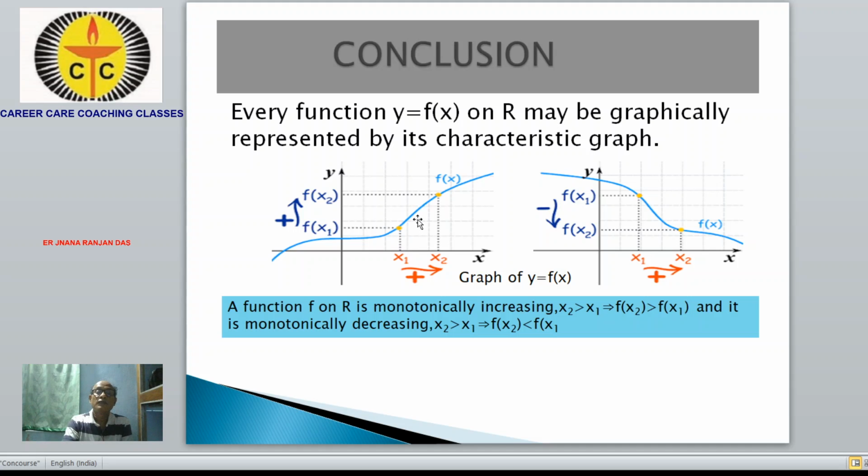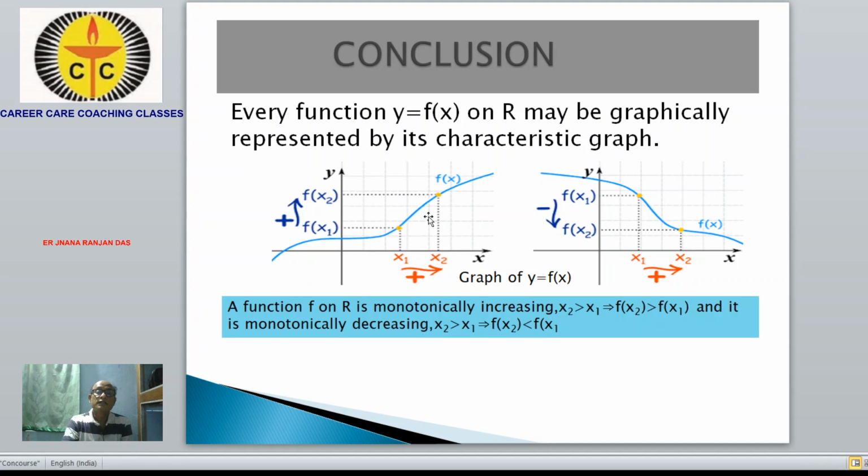When there is a skip in the function, we say that the function is not continuous. It is not continuous at x equal to something. Suppose that for some value of x, the value of y cannot be determined. In that case, there is a skip in the graph, and we call the function discontinuous. Regarding the value of the function, discontinuity, limit and continuity, we will start our discussion in the next class.